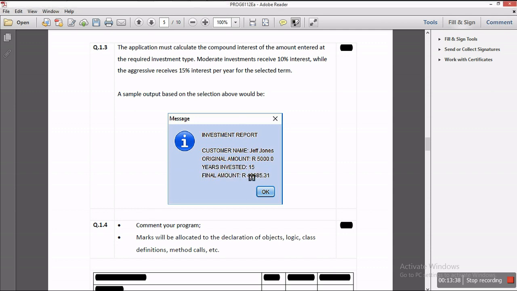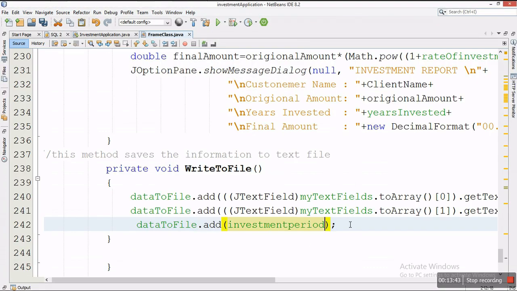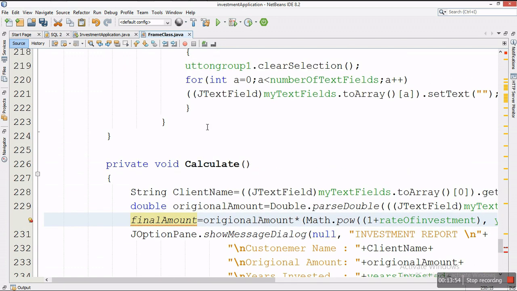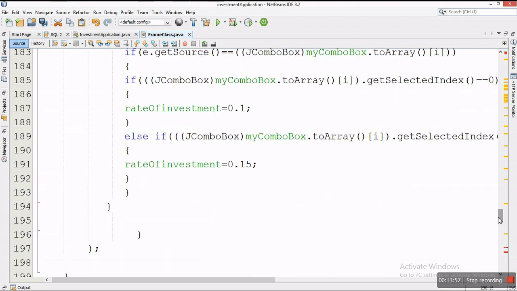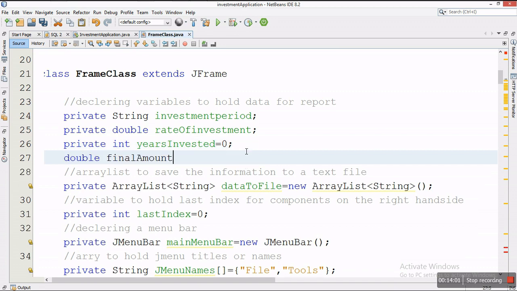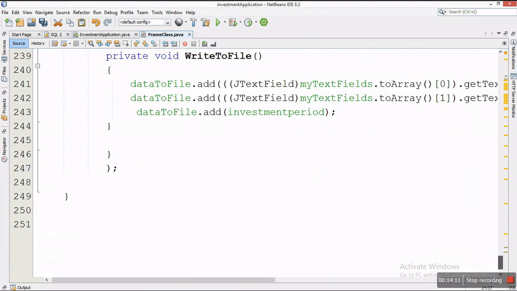Then again what I want to do is the final amount. So for final amount I'll do the same thing, but now with this final amount I think I should just take this, copy it, and declare it as a global variable because I need its value. So I'm gonna declare it as a global variable so that I can use it in other methods. So copy this final amount, and then I can say now